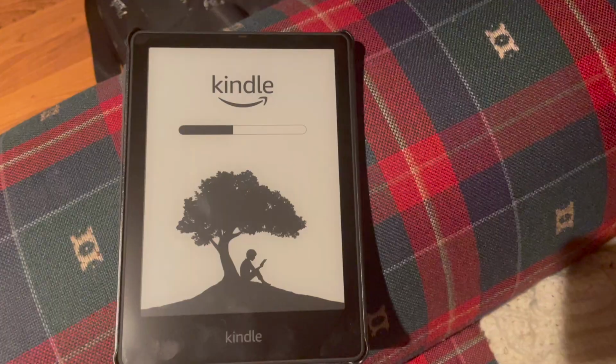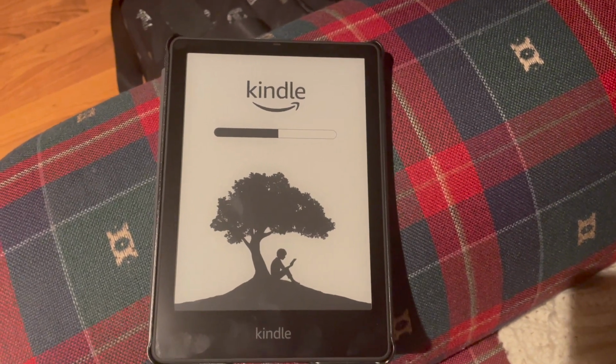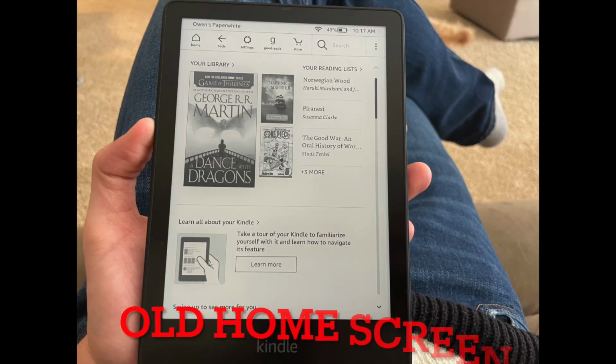It was pretty easy to set up. However, the first 4 or 5 days, it was just going through constant updates, so I was seeing this loading screen a lot, and every time it would update, it would completely change the format of what I was looking at, in terms of the menu and the way the buttons were, and it was just very confusing to me. They must have done a lot of software updates right before I got it, that it was just doing this multiple times. And I swear to God, it was 3 or 4 times where the menu and design completely